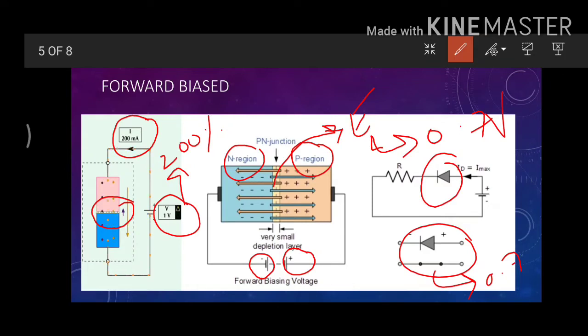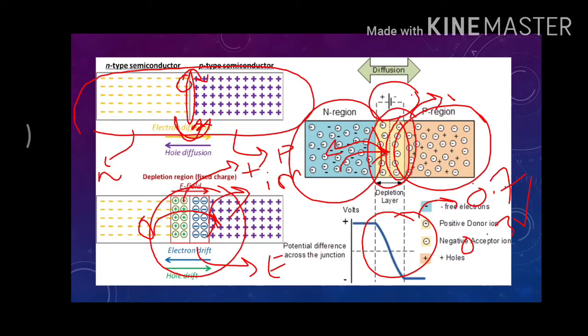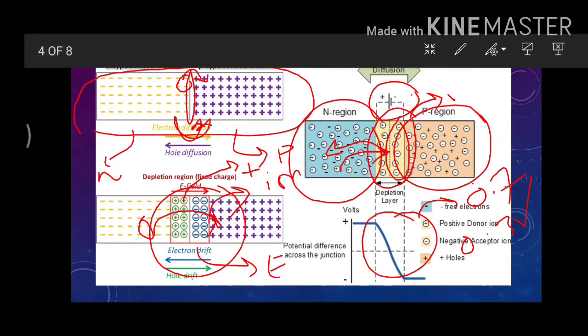As we can see, in the depletion region on the n-side there are positive ions, and on the p-side there are negative ions. So we can again see here that in p-type we have negative charges, and in n-type we have positive charges. To nullify the effect of negative charges, we connect the p side with the positive side of the battery, and to nullify the effect of positive charges, we connect the n-type region with the negative side of the battery.